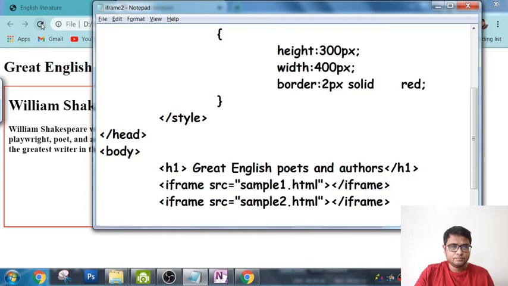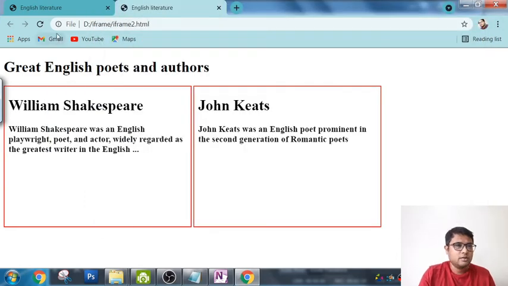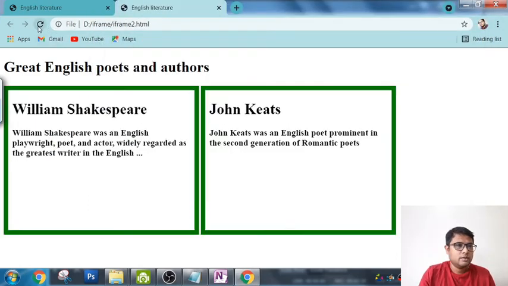So this is how the CSS works. If you want to change the color, in place of red you give green, and if you want to increase the border size, from 2 you give 10. See the difference. See, this is how it works.